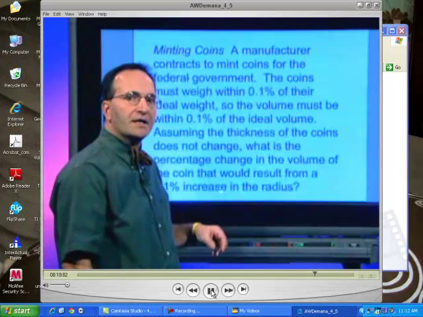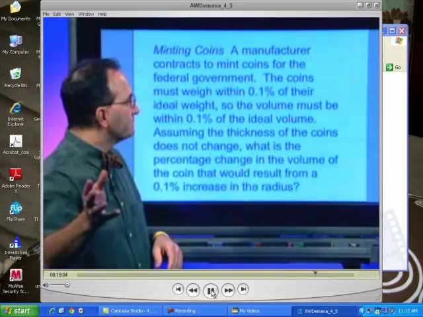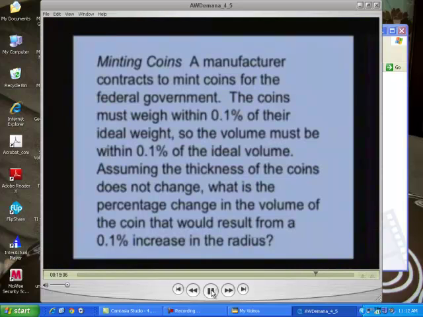All right, well, now it's time for you to try a problem. And the problem that I would like you to do is this. Minting coins. A manufacturer contracts to mint coins for the federal government. The coins must weigh